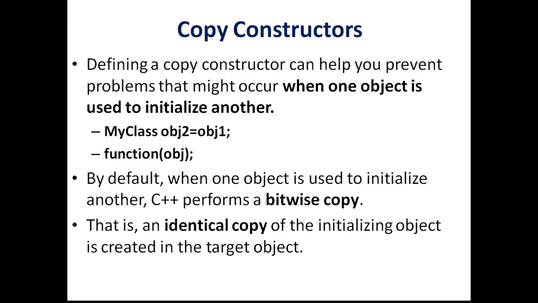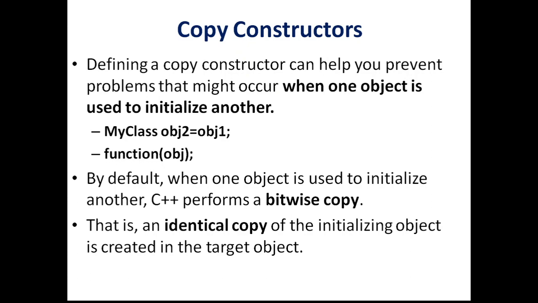This is similar, but here we are initializing an object with the help of another object. This is one example. The next example for initialization is whenever we pass an object as an argument. So we have two objects involved in a function argument. One is the formal object, another is the actual object. The actual object is the one that is passed from the calling function, and the formal object is the one that is received at the called function. So this is also a situation where we are using one object to initialize another object.